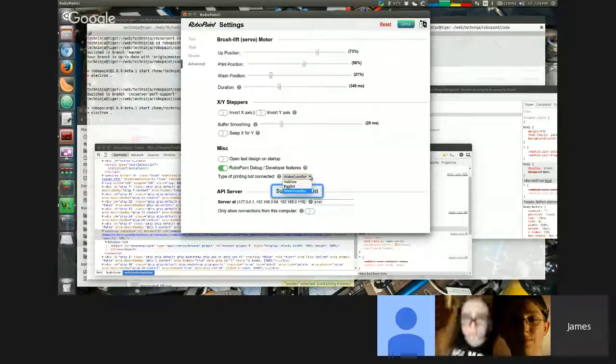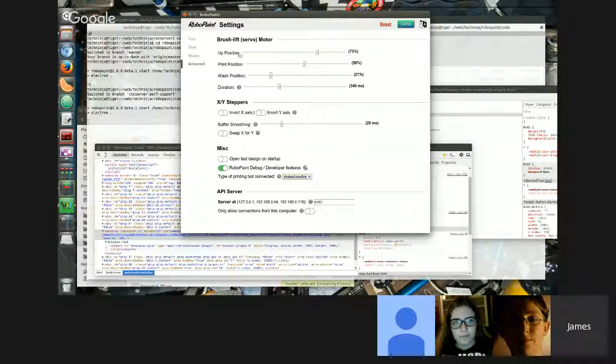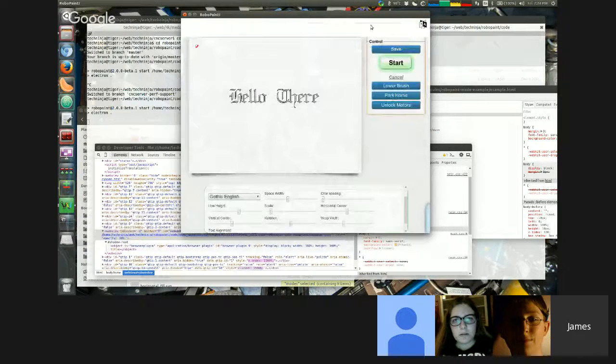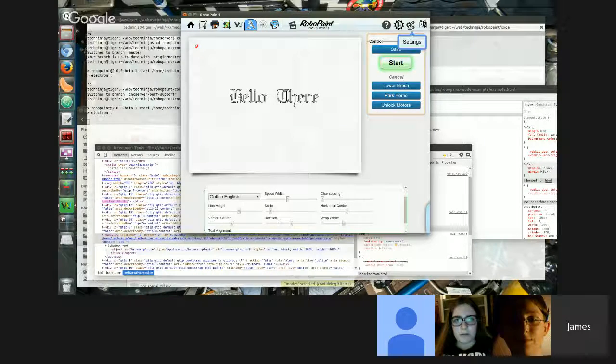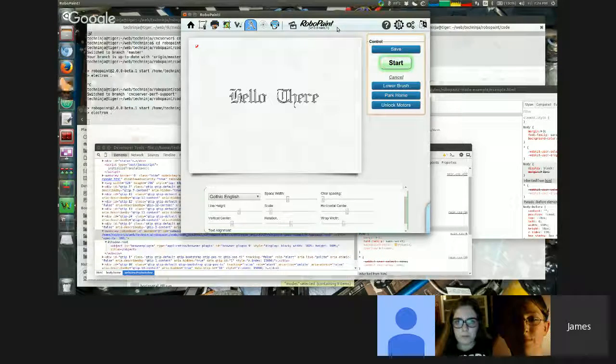So we have 3 bots supported right now: AxiDraw, EggBot, and WatercolorBot. The AxiDraw and EggBot support is a little funny because a lot of this is painting-centric. We have a number of issues to go in and fix things so that the wording works, and that we can have a better selection for bots. There's a branch that I haven't touched in a very long time that puts a little picture of the robot that you're using right here, so you can go and select it. It's really quite fun and cool and open, and I'm sure I'll open up for questions on that, but there's a bunch of really fun things you can do with this.